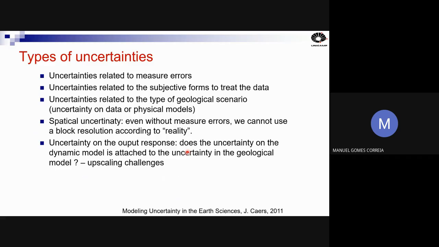So we have different types of uncertainties, okay? This kind of uncertainties came from this book, Modeling Uncertainty in Earth Science. However, this is only theoretical uncertainties. We have uncertainties that are related to measure errors. We have uncertainties related to subjective forms to treat the data. We have uncertainty related to type of geological scenario, related to different forms that we can have for the same input